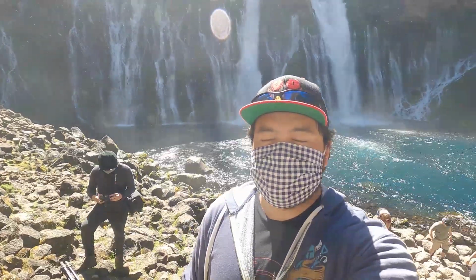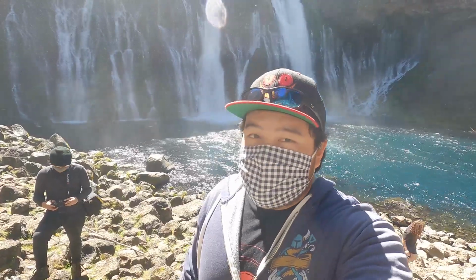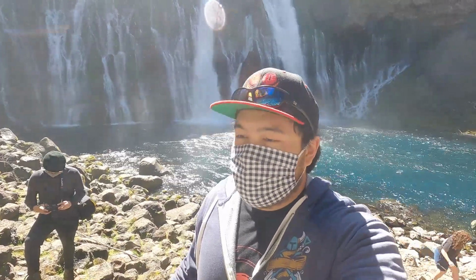At the base of the waterfall. I don't know how the sound is right now. Could be bad. If it is, I'm sorry. There's Mickey looking at his shots. To be honest, it doesn't look good from down here. I mean, looking at it, it looks cool,